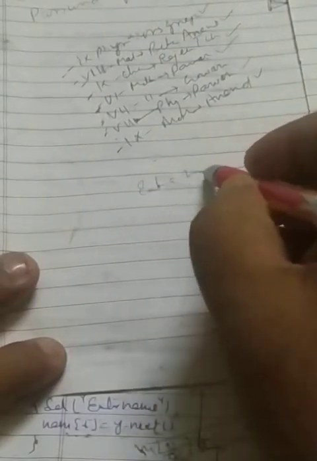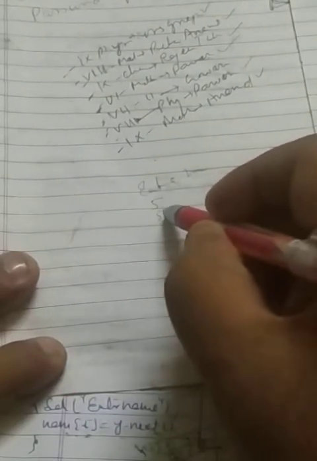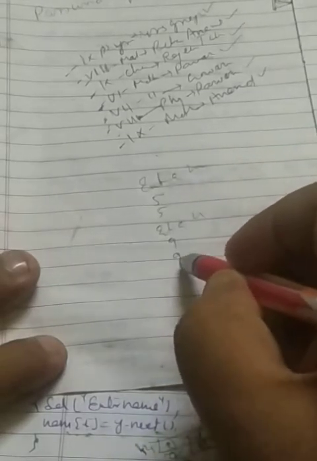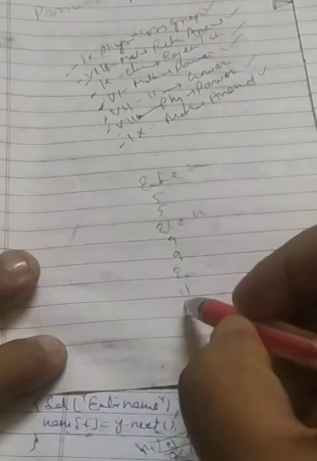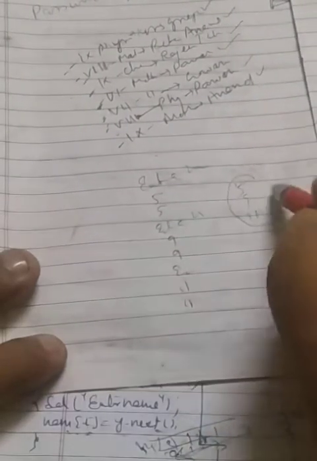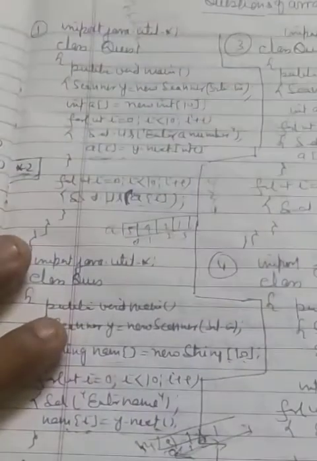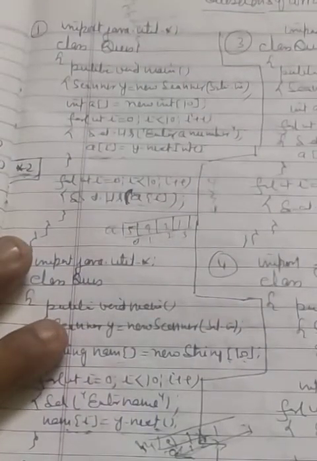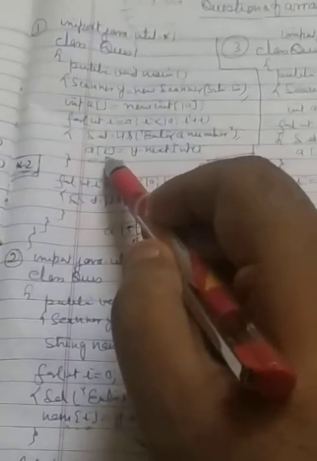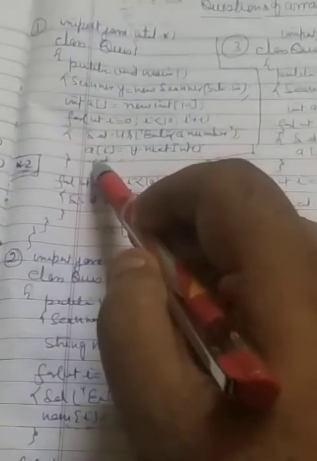Enter a number 5, 5 will be printed. Enter a number 9, 9 will be printed. Enter a number 11, 11 will be printed. These 5, 9, 11 will not come in the form of continuation, because you are entering a number and then printing it, entering a number and printing it.